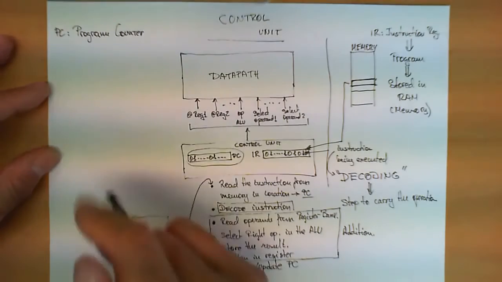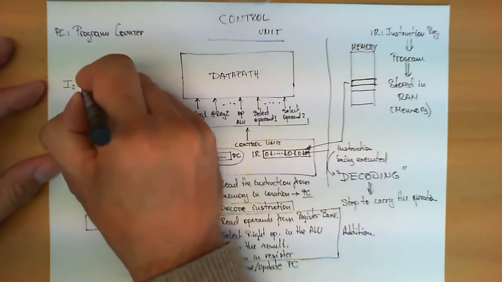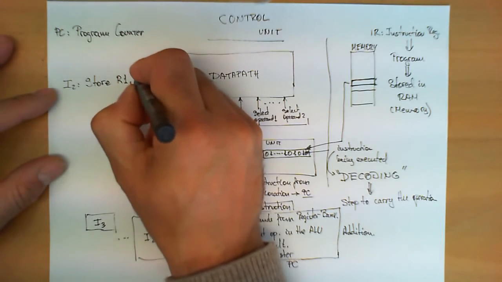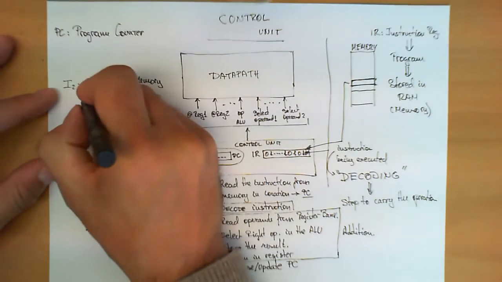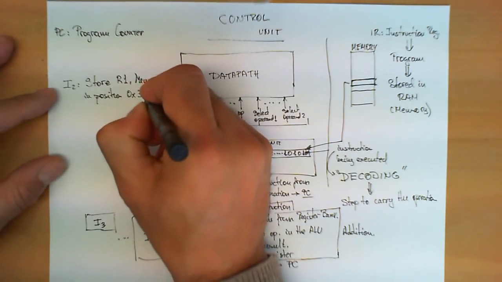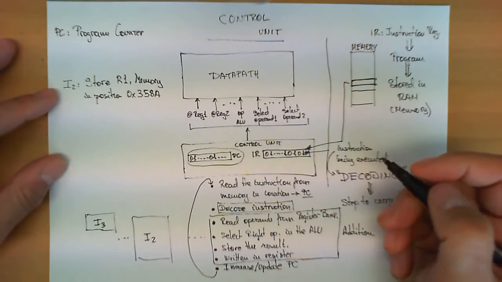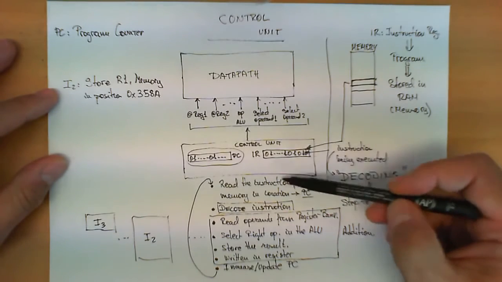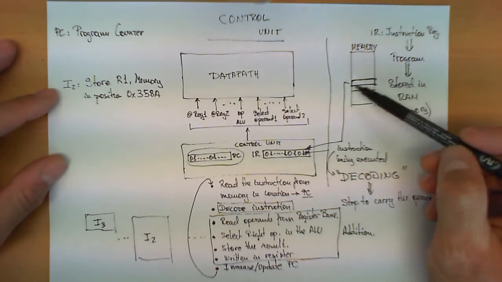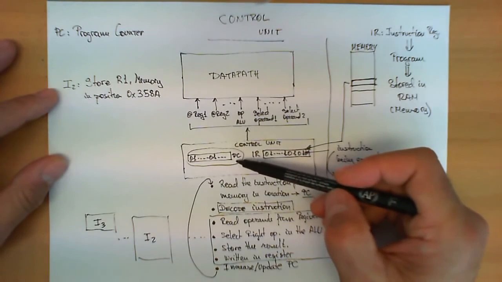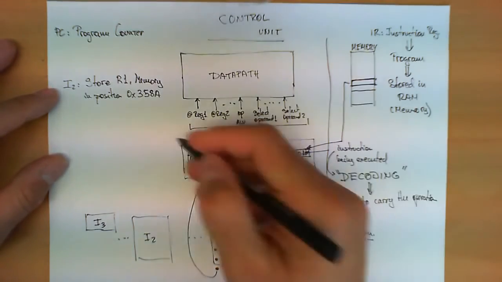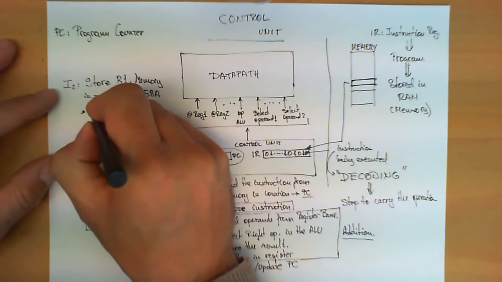Let's give another example. Let's suppose this instruction I2 here is an instruction to store the value of register R1 in memory, but in position 0x358A, for example. So in this case, the control unit would go to memory, obtain the instruction, and bring it to the instruction register. This instruction is being obtained from the location pointed to by the program counter. We decode the instruction as we did here, and now instead of following these steps which were part of the addition instruction, we follow this other step which needs to read the data